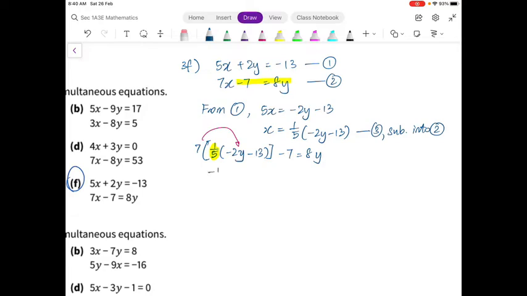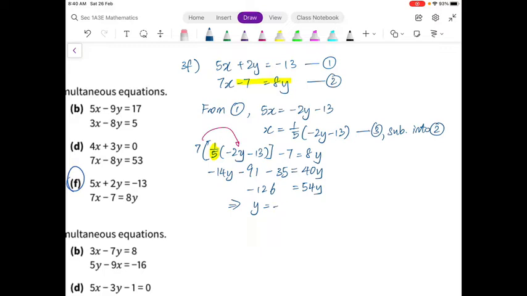So we will arrive at negative 14y minus, so 7 times 13 gives us 91. And we multiply by 5 to the 7, get 35. And this gives us 40y. So let's group all the y terms together and all the x terms together. So if I were to add 14y on both sides, I will end up with 54y on the right hand side, and on the left hand side I would have negative 126. This implies that y has a value of negative 126 divided by 54,